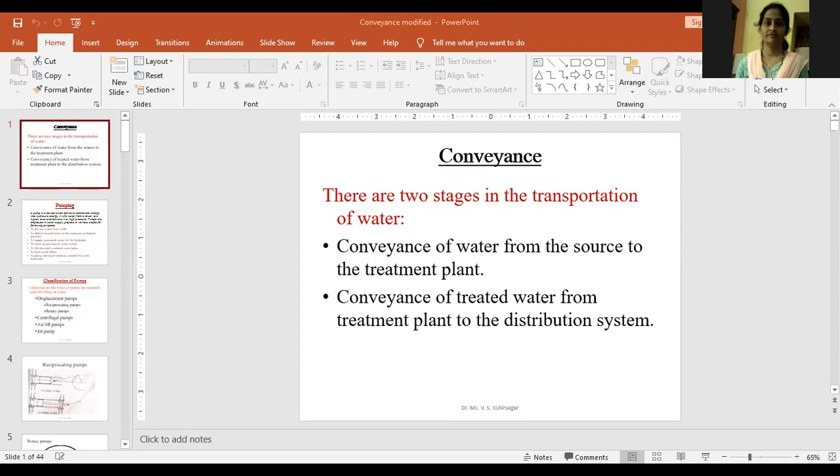And in a second case, many of the times we are providing water by gravity. Are you getting? So there are two stages of transmission. In the first stage of transmission, we collect the water from source to treatment work, and from treatment work to the distribution network or the consumer points, it will be transmitted by gravity, or in the second stage also. So I will try to make you understand with the help of a sketch.